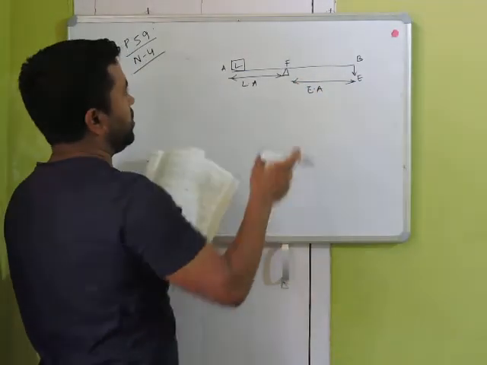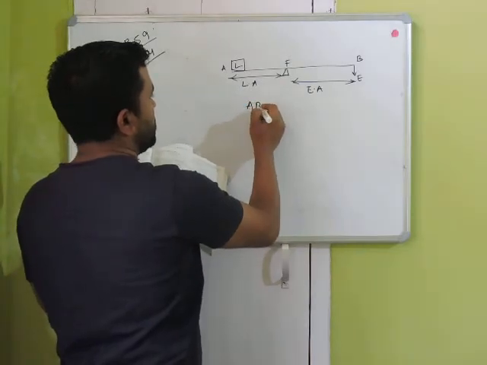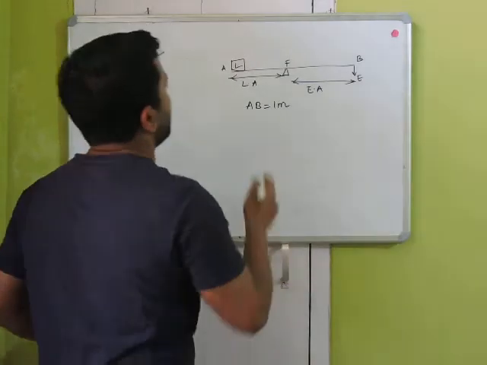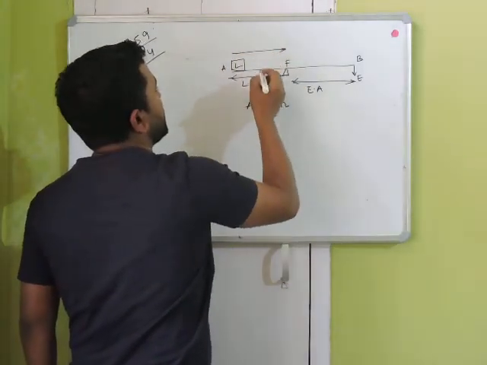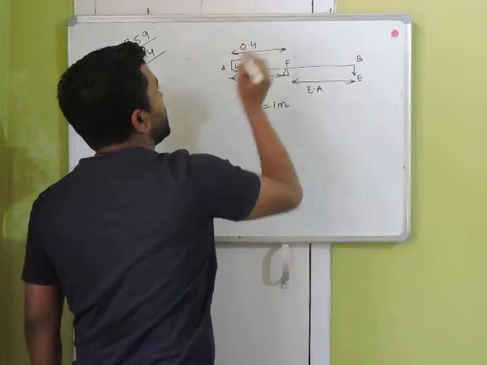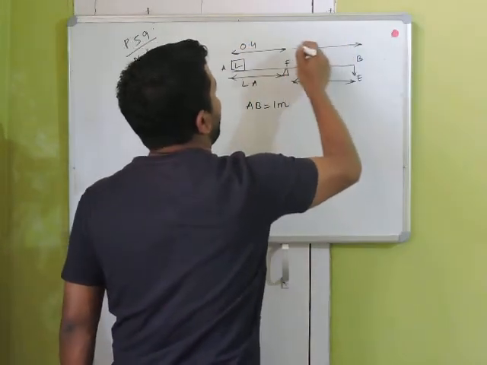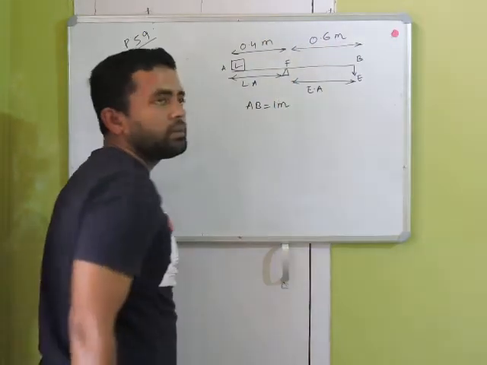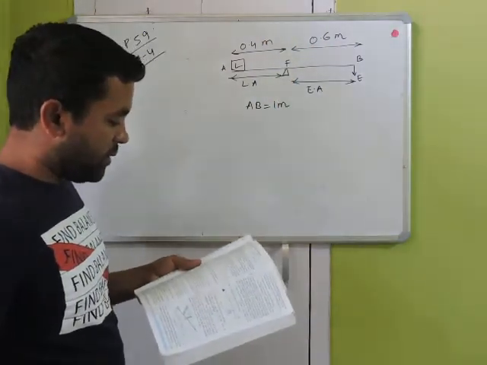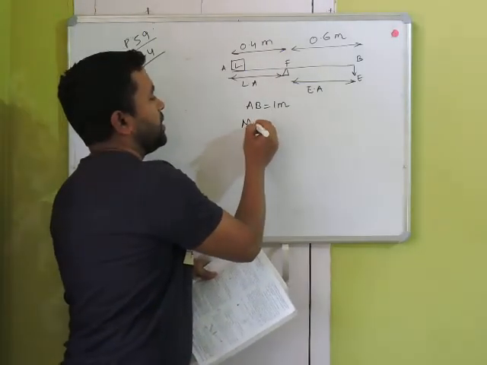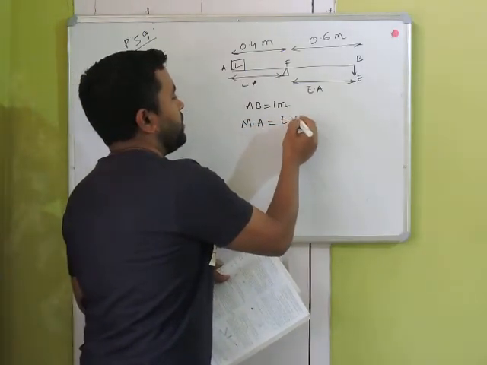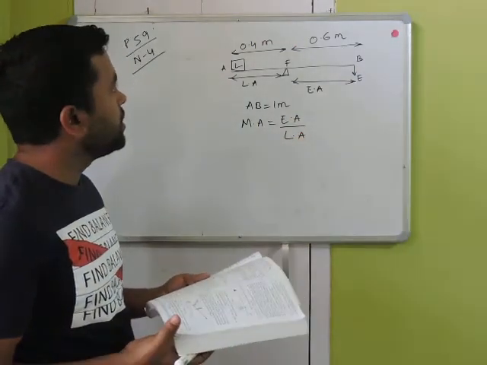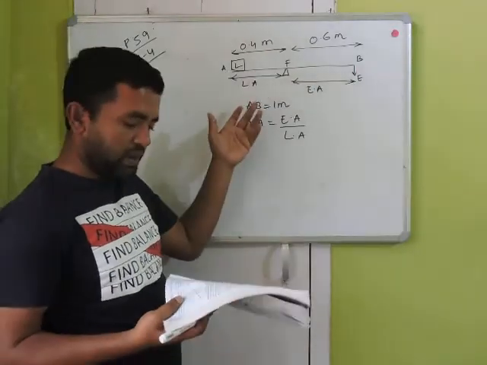And it is given that whole AB is 1 meter, so AB is 1 meter, AF is 0.4. So this is 0.4, load arm is 0.4. So it is obvious that this will be 0.6 because the whole thing is 1. They are telling you to calculate mechanical advantage. It's very simple. Mechanical advantage is effort arm by load arm. So this is 0.6 divided by this. You all can do it.